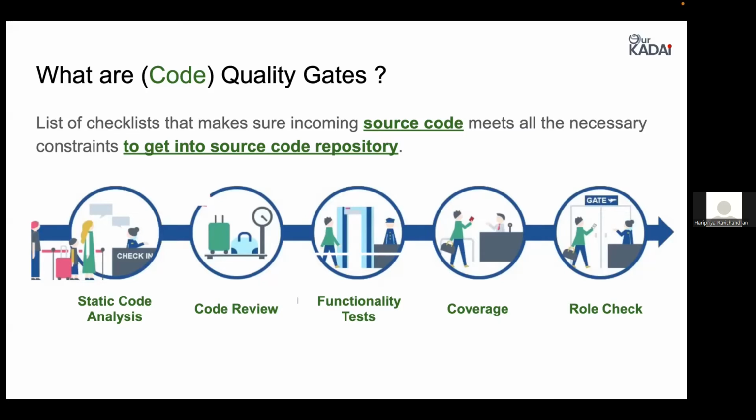So let's see what all these checks are, one by one. First is static code analysis. It is basically a method of debugging our code to analyze whether our code is in par with a set of coding rules. That is, our code is checked against a set of coding rules which are predefined by others, or we can define our own set of coding rules. We have two coding rule sets, one defined by Sun and the other by Google, and we can check our code against those coding rules.